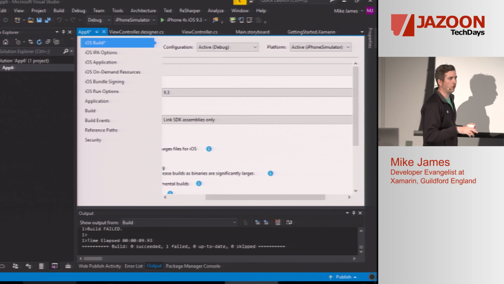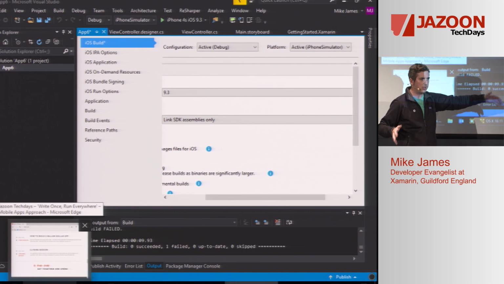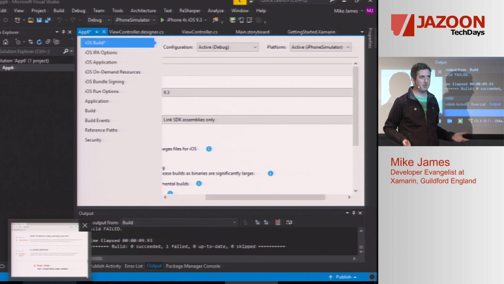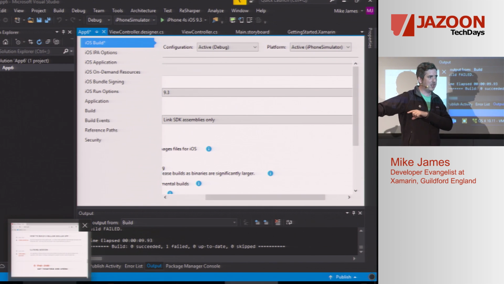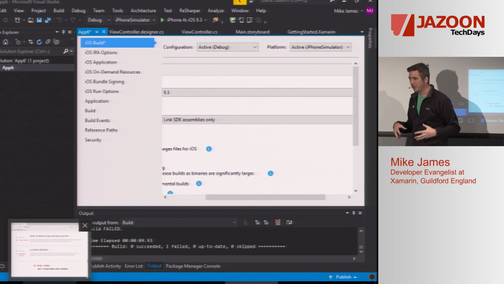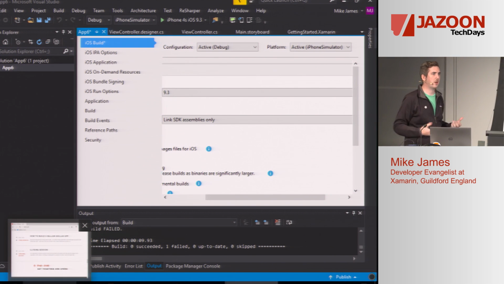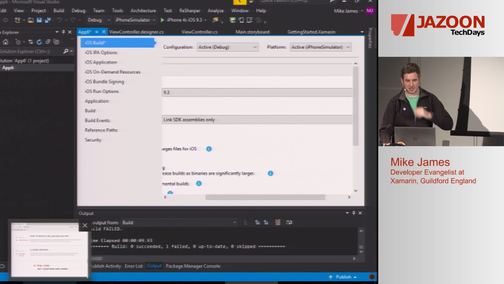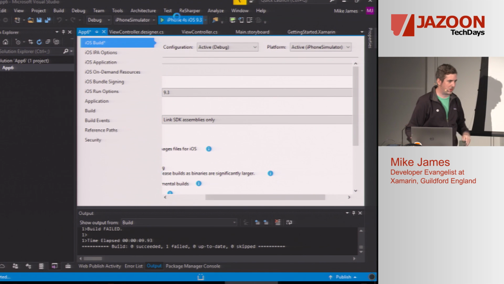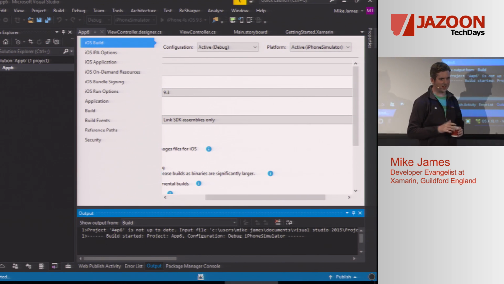Now a linker is really important because if you don't have a linker turned on, it's going to ship the entirety of the mono runtime with your app, which is like 24 megs. So my Hello World example is going to be like 25 megs of an app, which is a bit bloated for what we want. So we want to link away, get rid of all the bits of the iOS SDK and the mono SDK that we're not using. So I'm going to turn the linker on, we're going to hit play again, and this time it's going to work. And I'm going to send another email to the release engineer going, why?